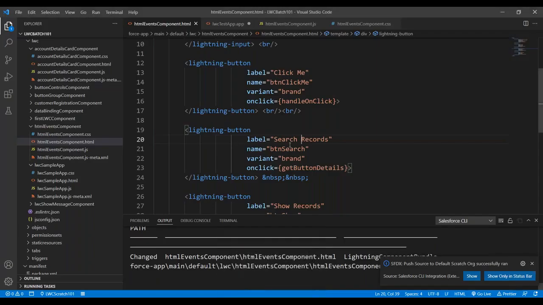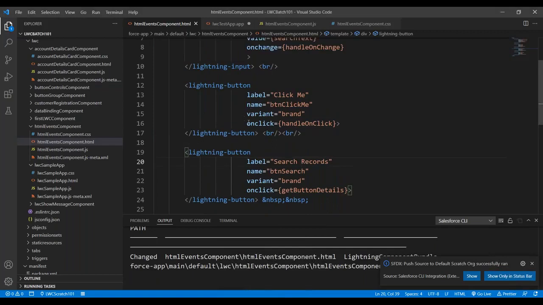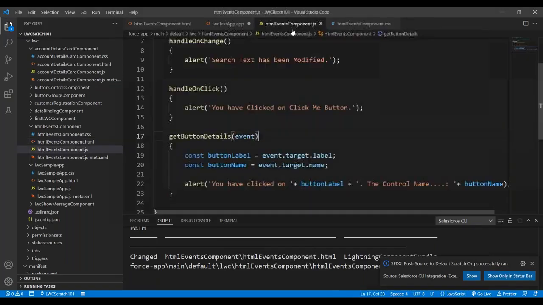So now here in this event, once you click on this, this event will occur. This event is invoking this method. Now the method will be collecting that event. What event? On click here. Whichever control you have clicked on, it will be collecting that control's details